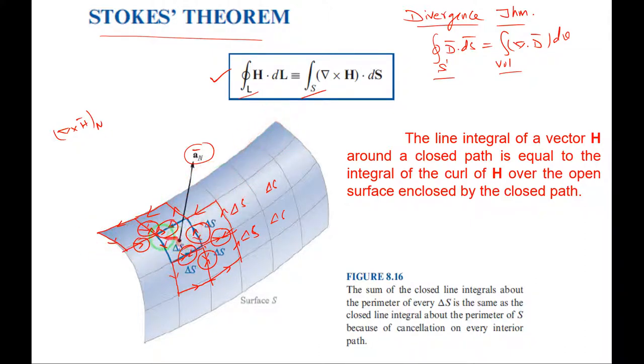Okay, let me now explain. Instead of finding out the curl for the smaller surfaces delta s and integrating, I will take the smaller surface, the curl of H over the smaller surface area, and I will integrate over the entire surface. Then I will get the rotational effect, or what is the curl effect. But instead of that, instead of taking the smaller surfaces, let me take the perimeter of this total surface. This is the perimeter, right?